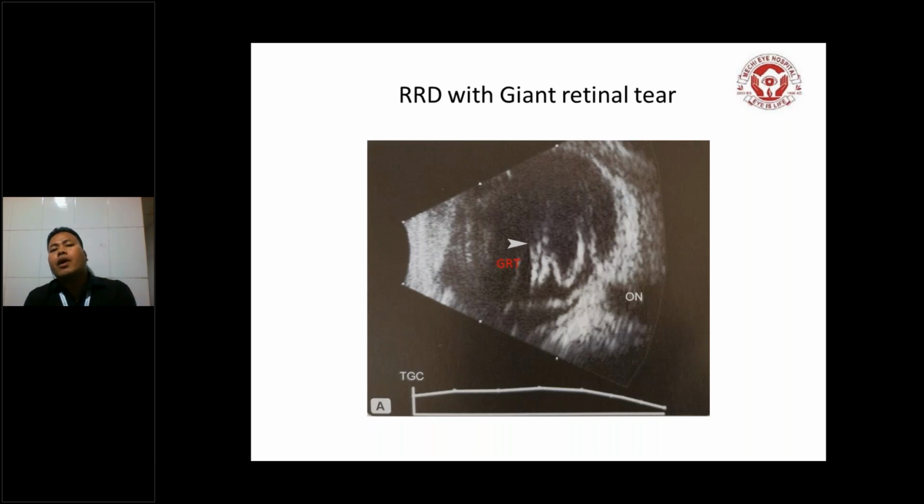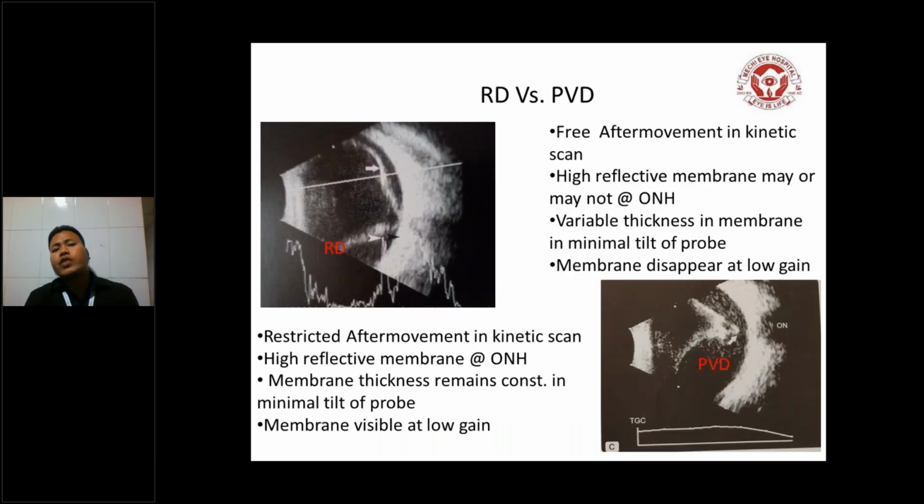Now coming to retinal detachment and PVD. How to differentiate? First of all, in both the cases, highly reflective, or sometimes medium to high reflective, membranous echoes are attached with the disc. In PVD, there is a funnel-shaped high reflective membrane that may or may not